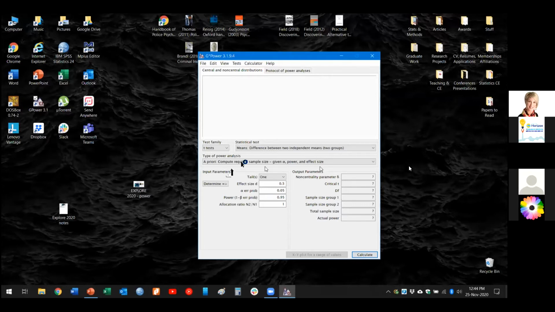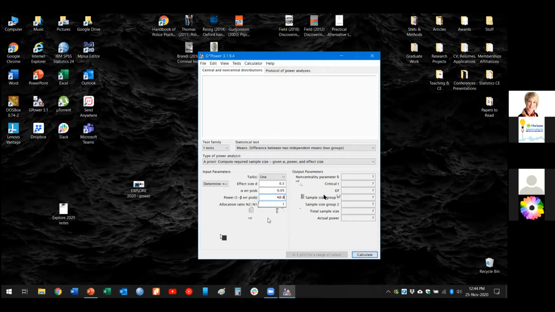So we are doing an a priori sample size calculation. So we'll leave the tail at one tail test. And this is our alpha value, so we'll leave that at 0.05, and this is our power. So the default power in G-Power is 0.95 for all the tests. So I'm just going to turn that down to our minimum threshold of 0.8. The allocation ratio of both our samples is 1. That means that the sample sizes are similar.